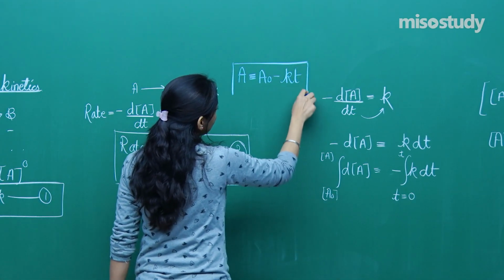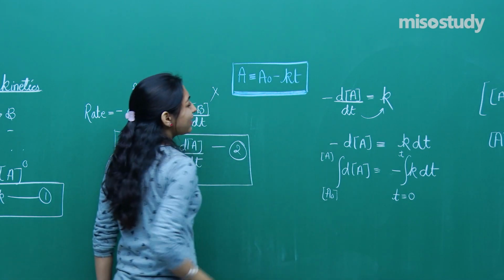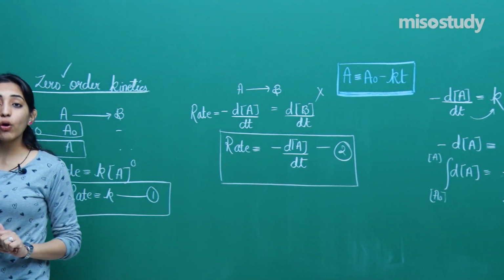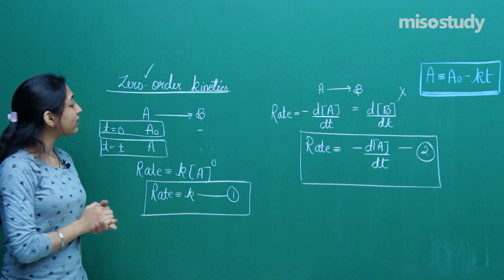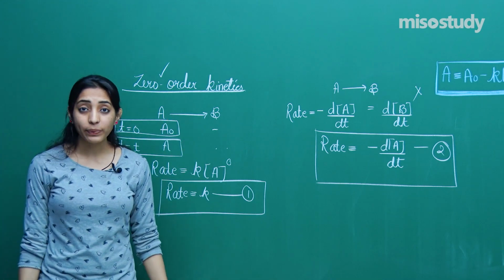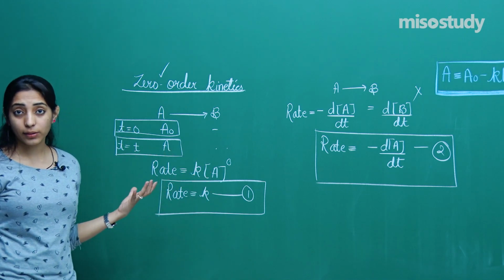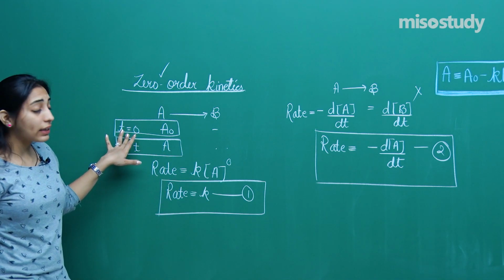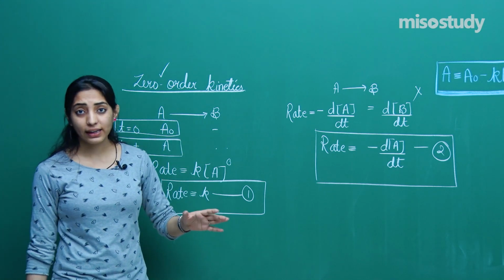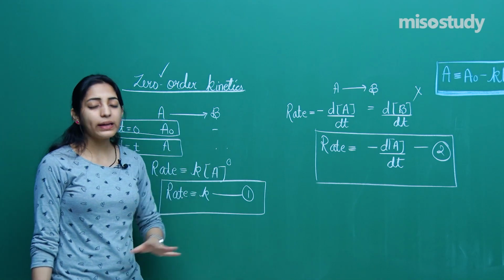So let's try to first understand this particular derivation. Let me just start again. What I did, I just started with a zero order reaction. When I started with zero order kinetics, I had first written down the reaction, which was A is gonna get converted to B. Then I had written what were the concentrations at the times which I am concerned about. So in the beginning of the reaction, when t is equal to 0, the concentration was A naught and B was nothing. At time t, let us say the concentration is A and B is something which I am not concerned about right now.